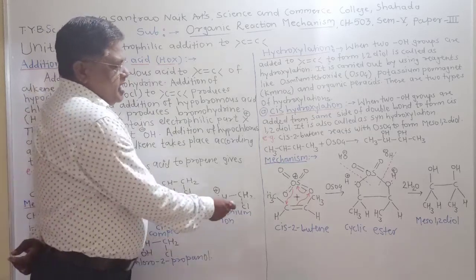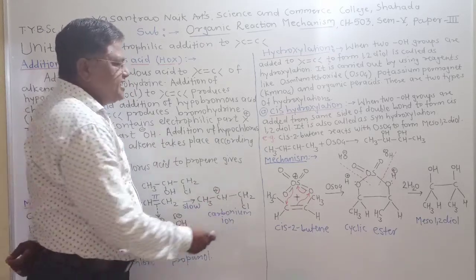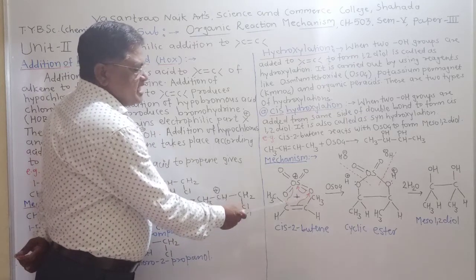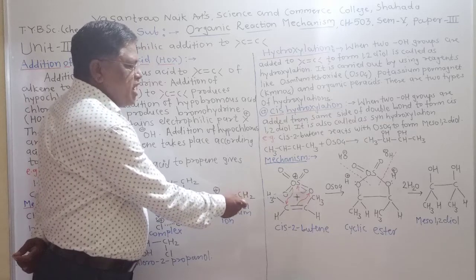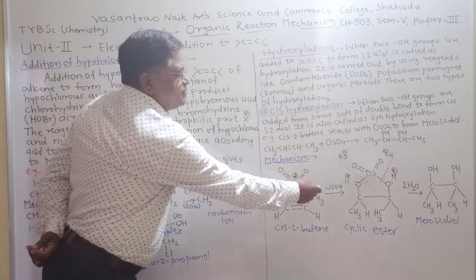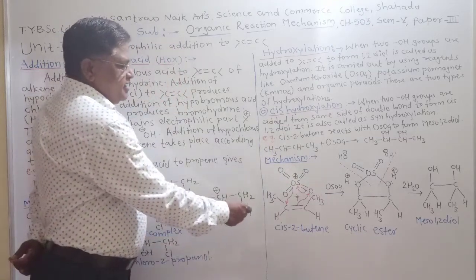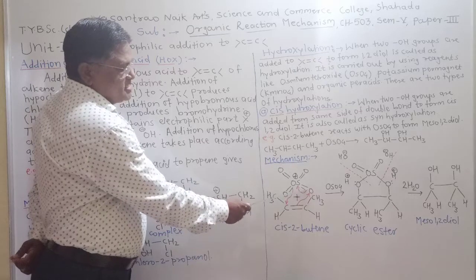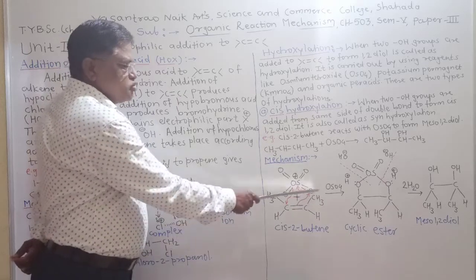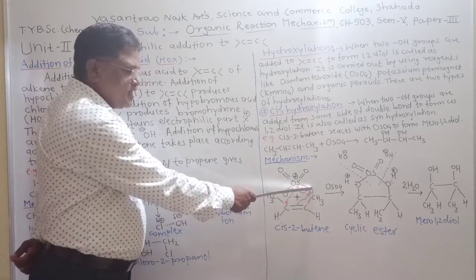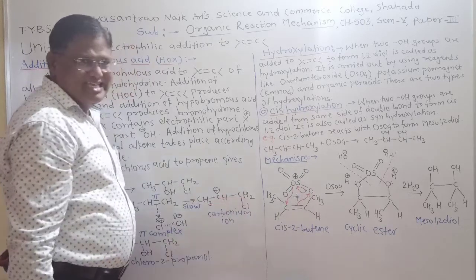Now this osmium is electron deficient, so it has need of electrons, so it attracts the osmium-oxygen bond pair of electrons toward itself, and therefore this double bond converts into an osmium-oxygen single bond. Now oxygen donates its electron to osmium, so oxygen becomes electron deficient. So oxygen becomes unstable, it has need of electrons, so oxygen attracts this pi electron pair toward itself, and therefore